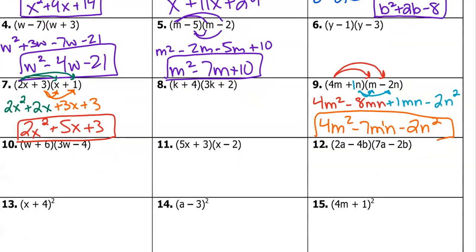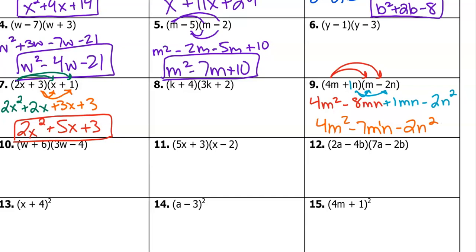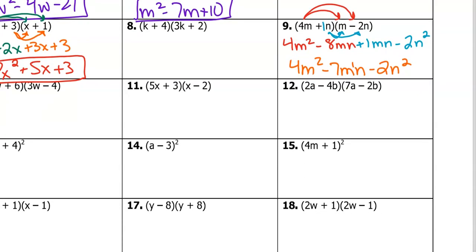So how about you try number 12? Go to 12, because 12 is a lot like 9 that we just did. That was a good catch. Number 12. Ready for 12? All right, so we should have